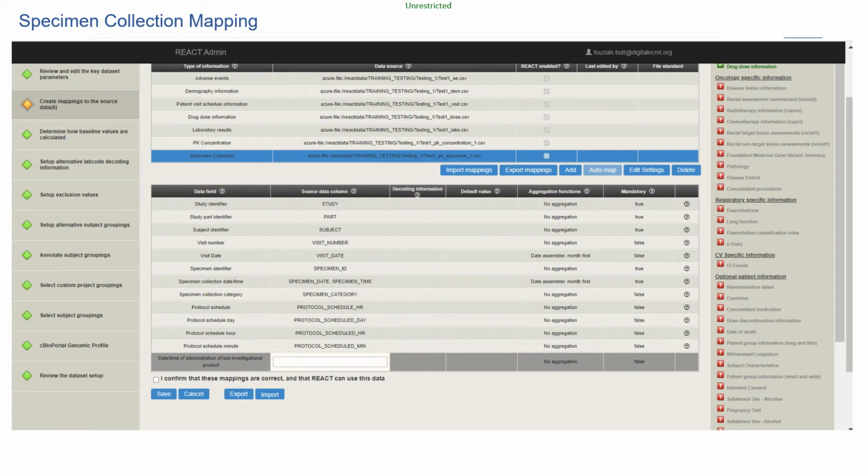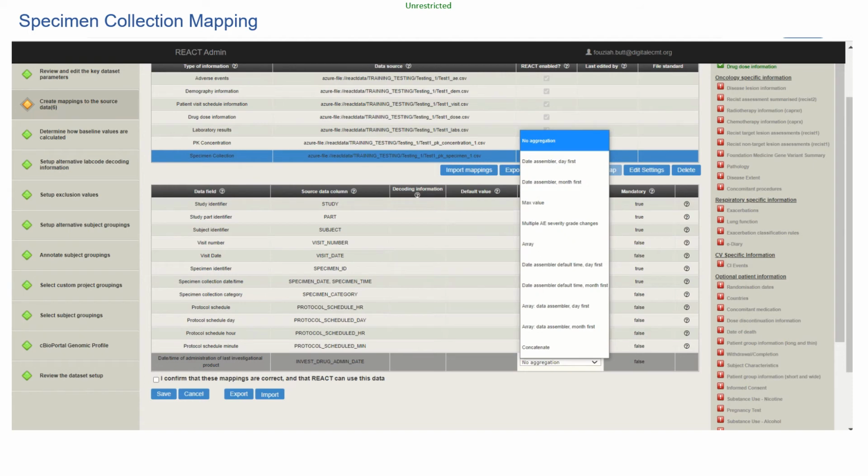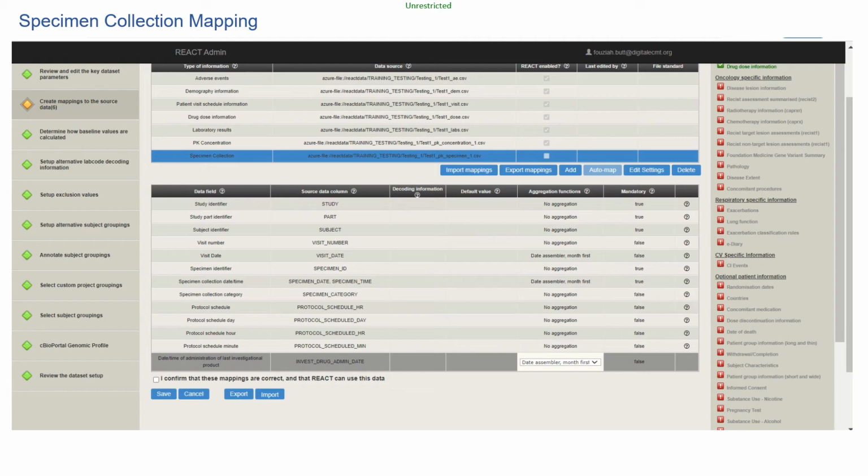Minute. And as mentioned earlier, although date and time can be entered here, only date is visualized in VA Hub, therefore I'm just going to enter the date. And again, you need to select your aggregation function. So mine is month first. So once you've populated your table, if you click confirm and save,